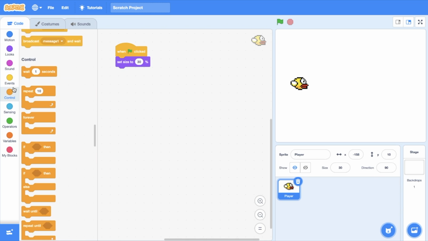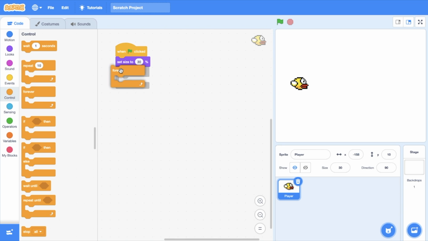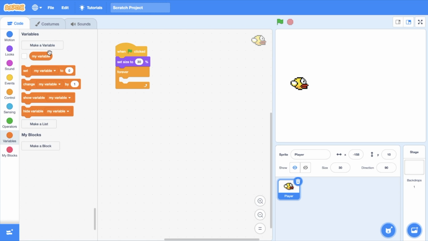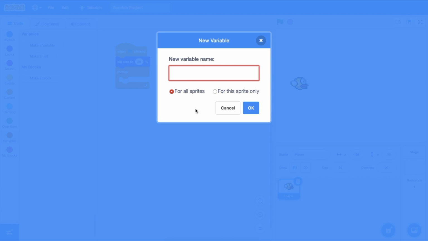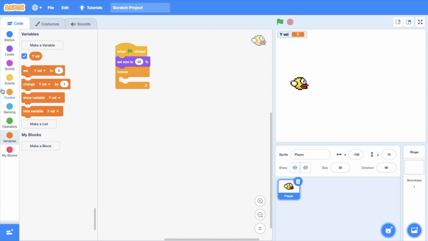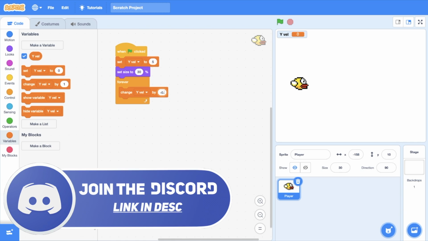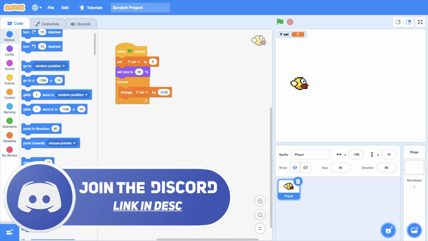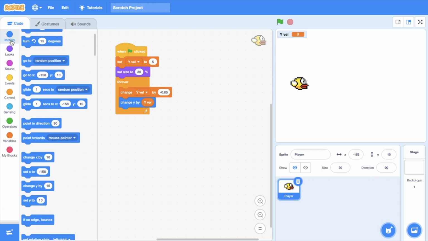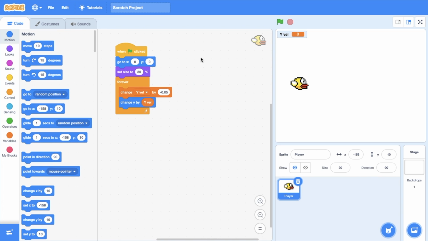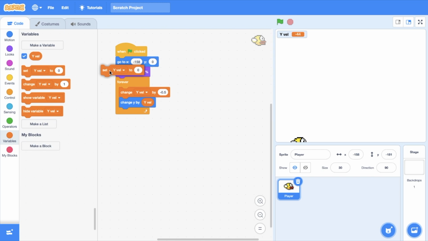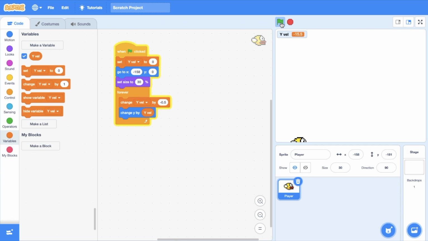The next thing I'm going to be adding is gravity. To do this, I'm going to create a y velocity variable and then have it so that every time a forever loop is run, the y velocity variable will increase and the y position of the player sprite will change by the y velocity. I will then have the y velocity set to 0 at the beginning of the project